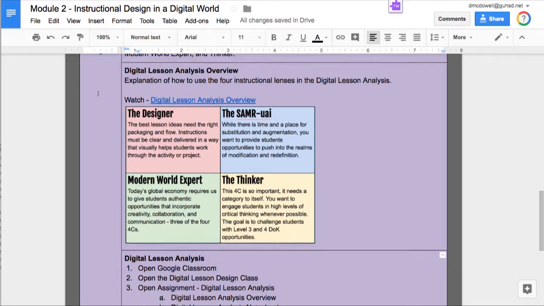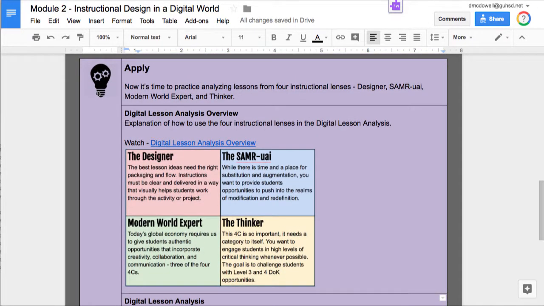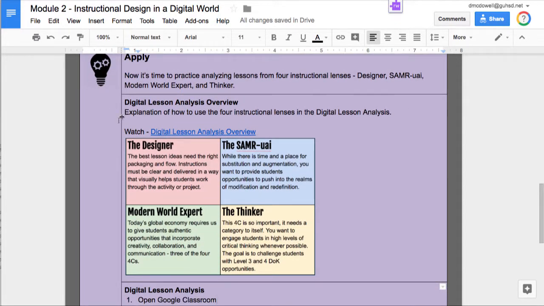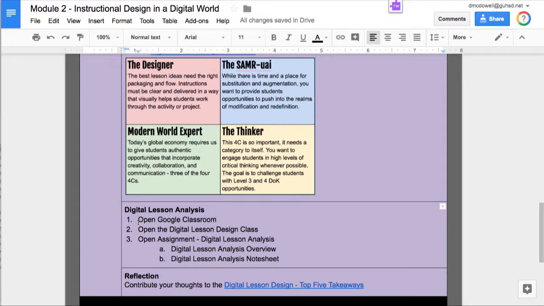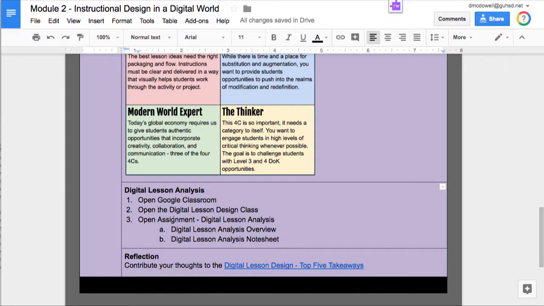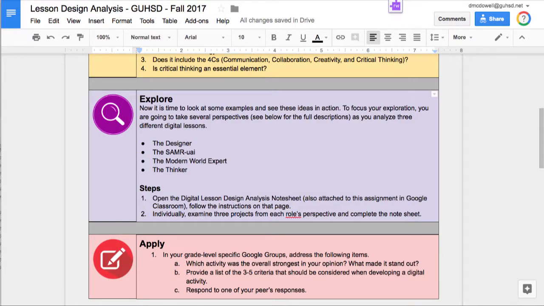Okay, to jump back into the instructional design in a digital world document, I wanted to touch base on the next steps you need to take. So we're in the apply section. You just watched the video. Now you're going to open Google Classroom, then open the digital lesson design class, and then open the assignment called digital lesson analysis. There'll be 2 documents in there. One of them is an overview of the